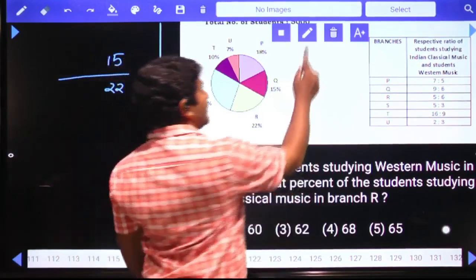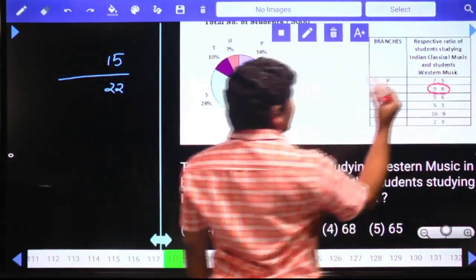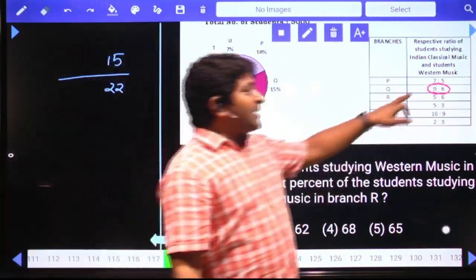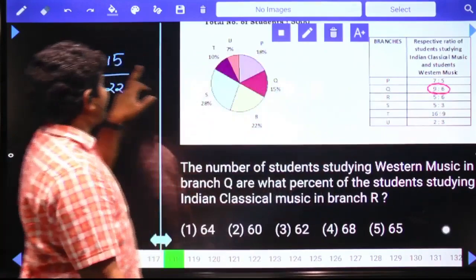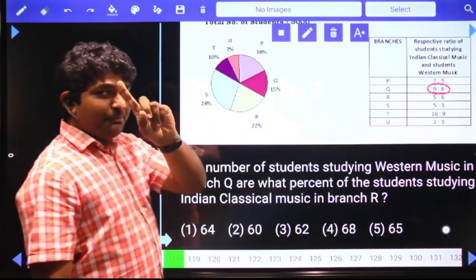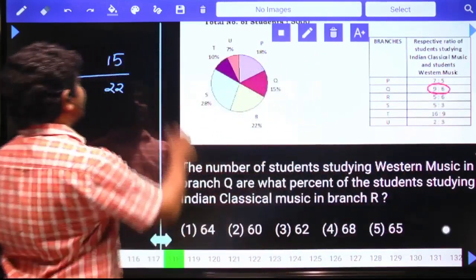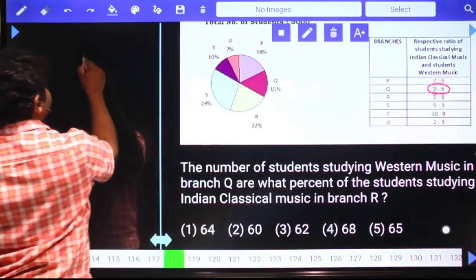Western music. In Q, Western and then Indian classic are both divided in the ratio 9:6. So how many parts are there? 15 parts. If 15 parts is equal to 15 percentage, one part is 1%. Western music is 6 parts, that is equal to 6 percentage. Now directly I will write it as 6 out of